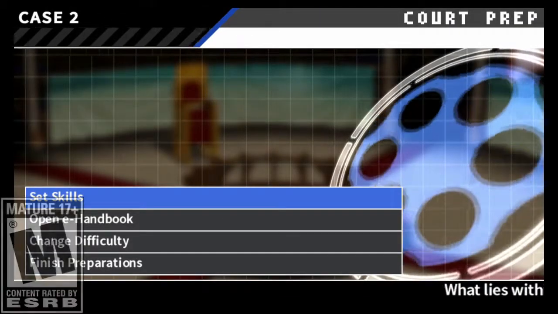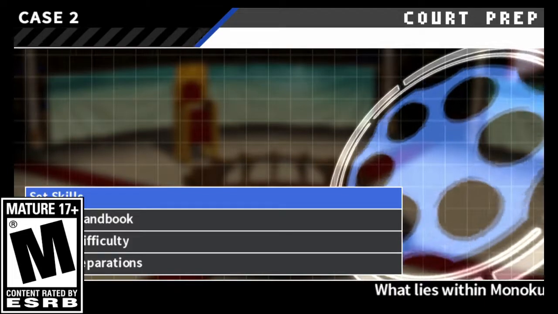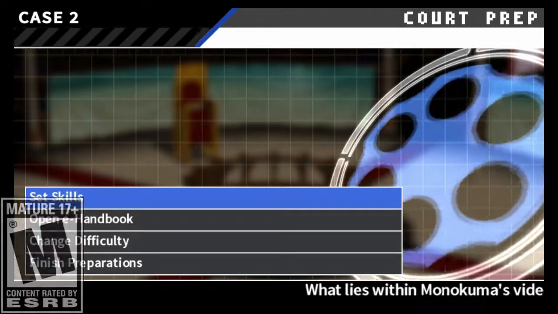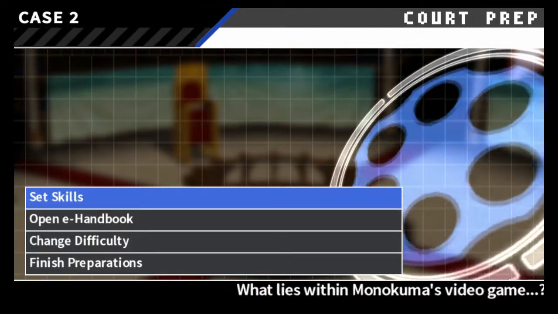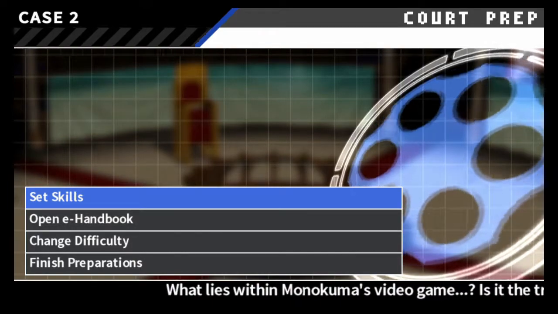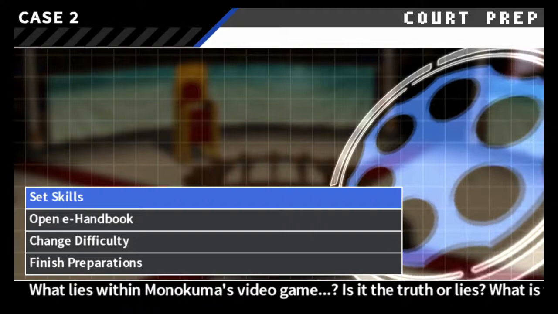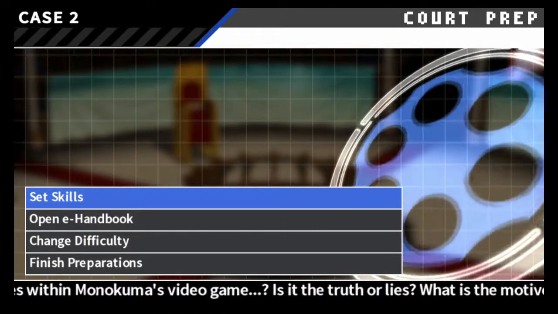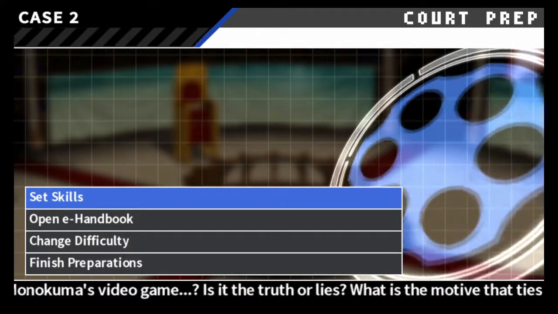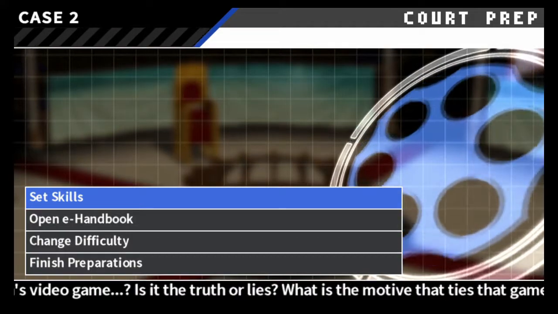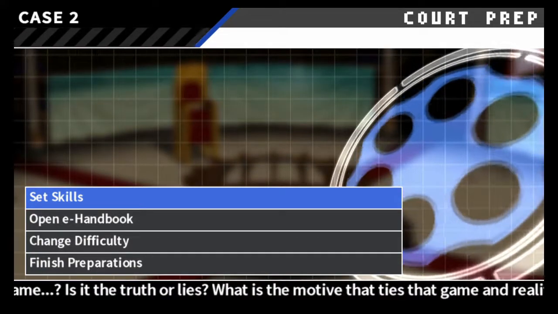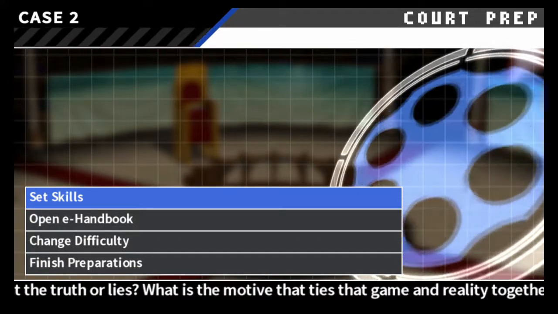What lies within Monokuma's video game? Is it the truth or lies? What is the motive that ties that game and reality together?